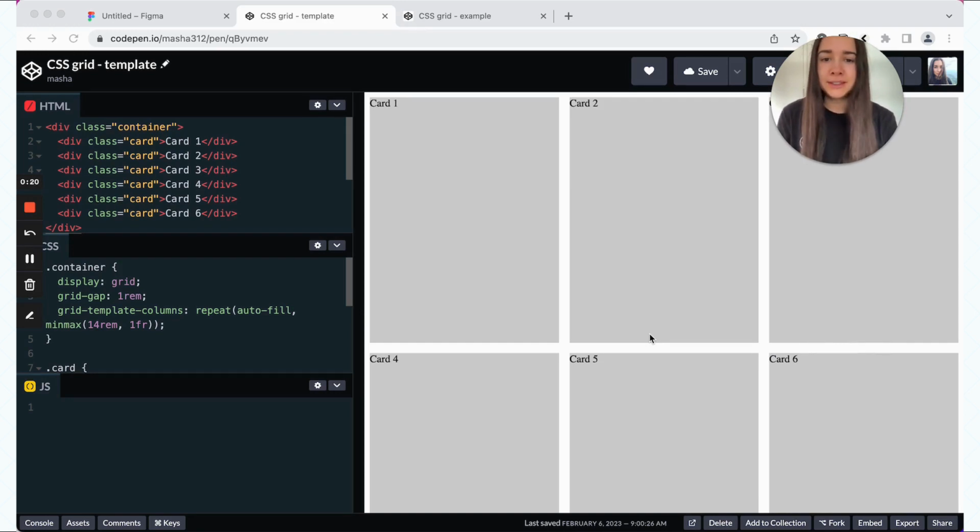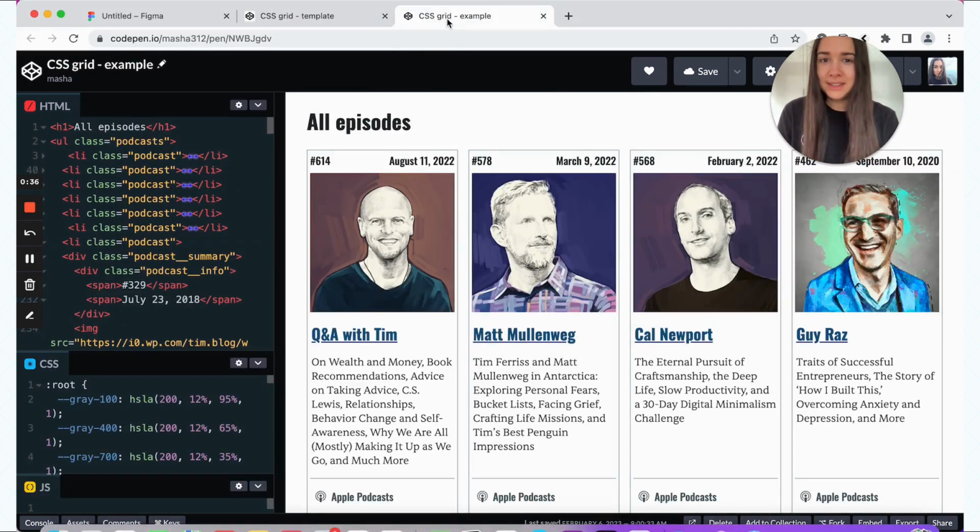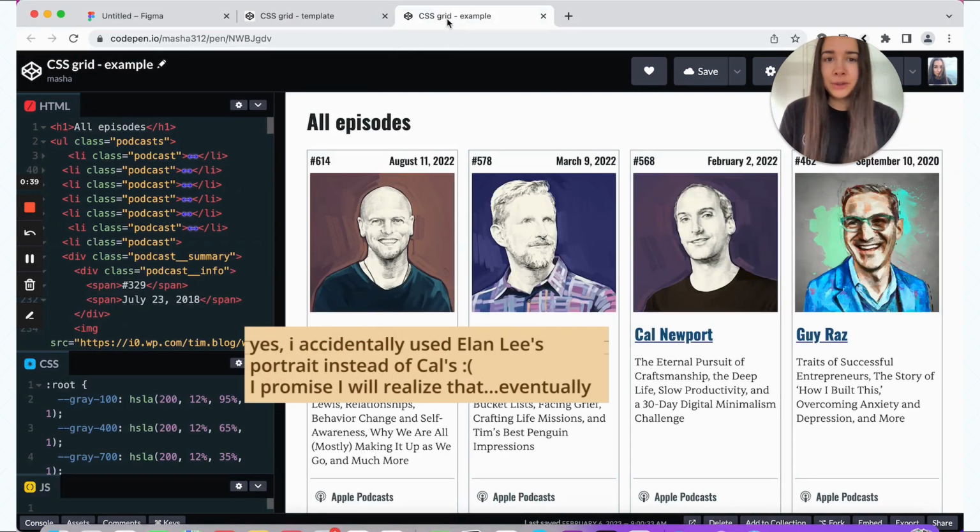In the first part, we'll be creating this bare bones template, just focusing on what those 4 lines of code are, which you can honestly just see here. And making something very simple. And then if you want to stick around and do something a little bit more complex, we'll be taking that layout and applying that to the real life example.